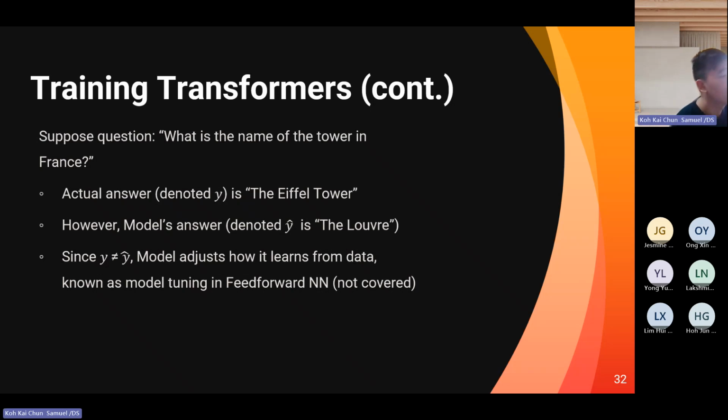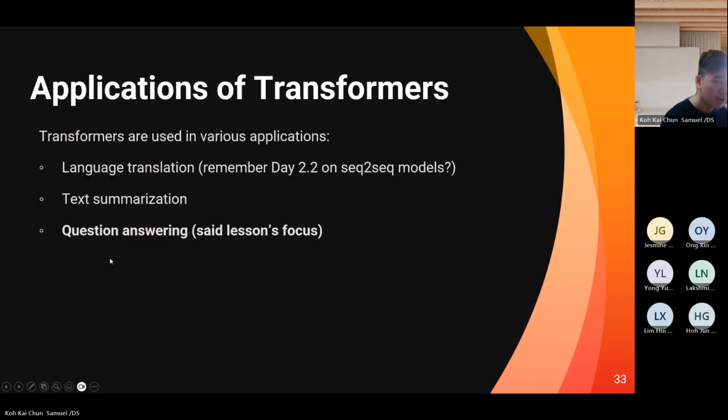So it's known as model tuning. Moving on, we'll have applications of transformers, which are used in various applications such as language translation. Remember day 2.2 on sequence-to-sequence models, and also text summarization and question answering. Question answering we'll be covering in today's lesson, but we won't cover the rest because language translation is only covered